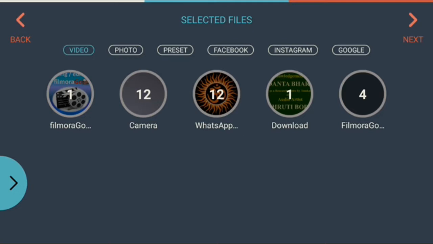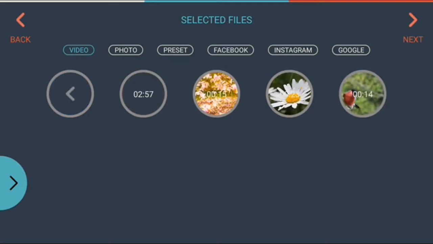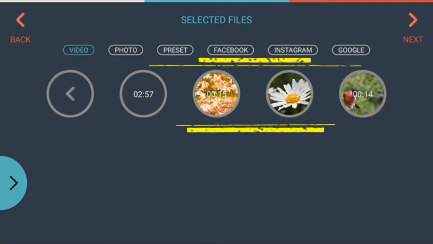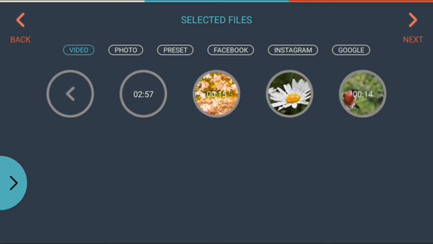Now under this video tab, I will be selecting the video clips. Here video clips are shown, which are stored in my Android mobile. Now I have got 3 video clips, out of which 2 are with background music and 1 without background music.